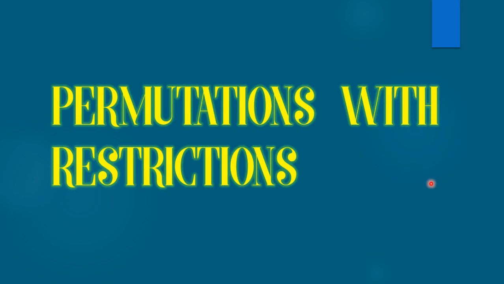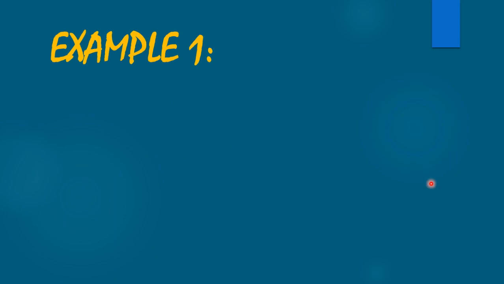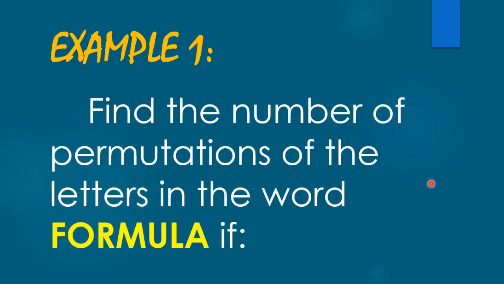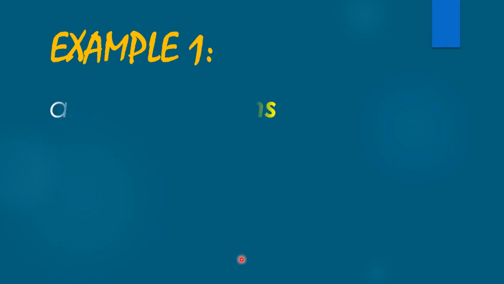Permutations with restrictions. Example number 1. Let us find the number of permutations of the letters in the word formula if, so first,